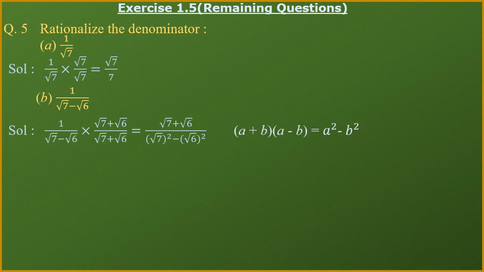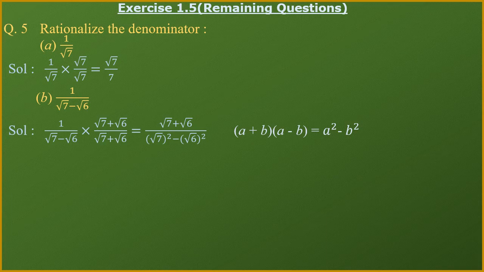One simple trick to solve such kind of question is, see, you know what you are multiplying and dividing by. Since you are multiplying and dividing by the same term, only the sign you are changing. So look at the first term. First term here is root of 7. Okay, so keep root of 7 along with the square. Same way, keep root of 6 along with the square and put the minus sign in between.